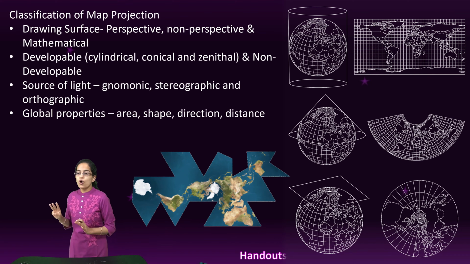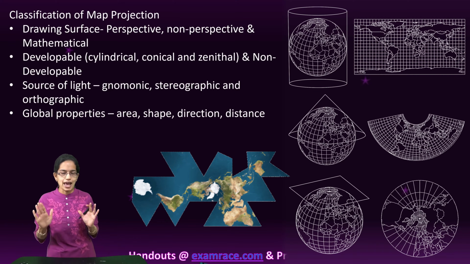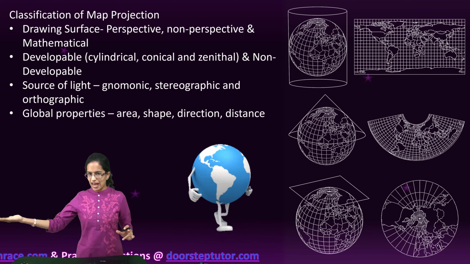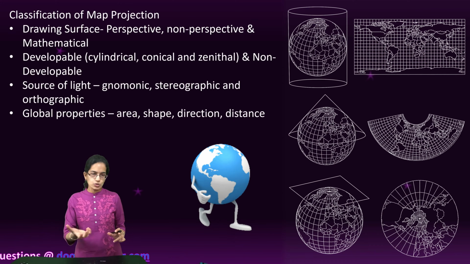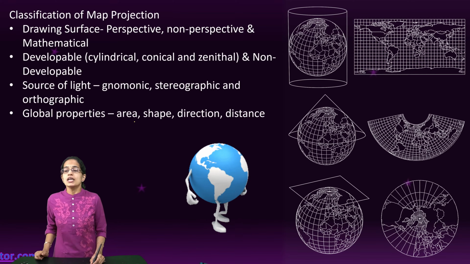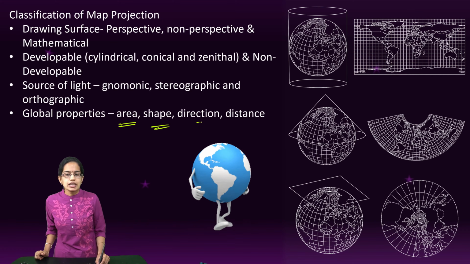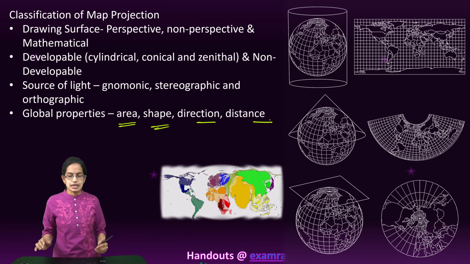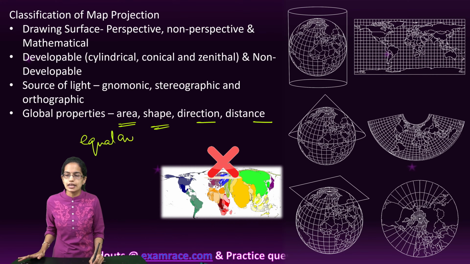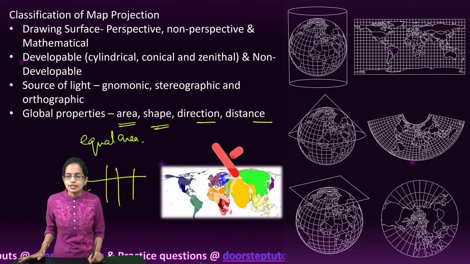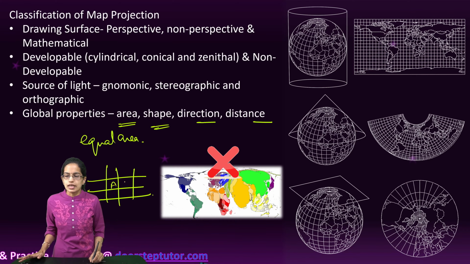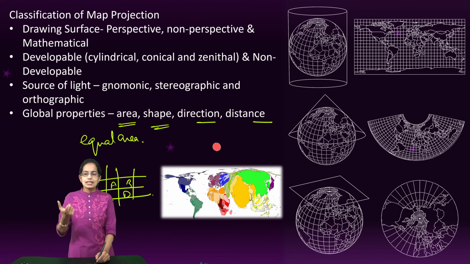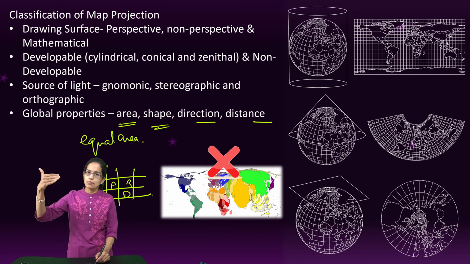So we would focus on four ways through which we can actually classify the map projection. Global properties, since we have understood in the previous section, those are the most fundamental, so we'll start with this. Under the global properties, we have the area, shape, direction and distance that are maintained. When I am saying that I am maintaining the area, that means these are equal area projection. That means whatever latitudes and longitudes are being drawn, the area of A, B, C, D would be equal here, and therefore we call it, this name itself, equal area projection.